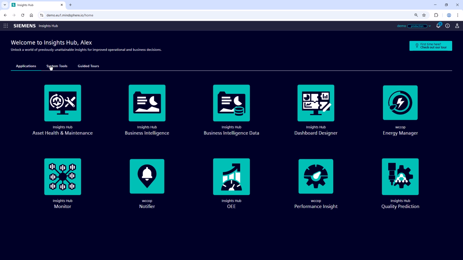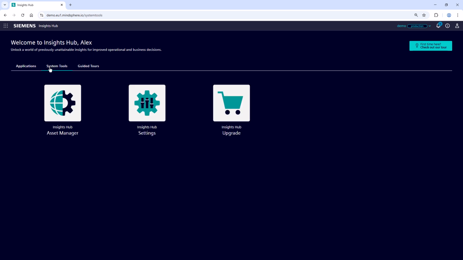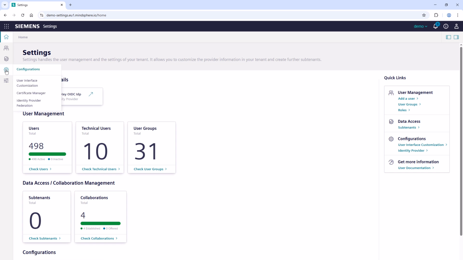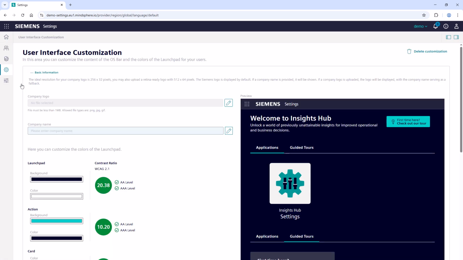For this, you must switch to the System Tools tab and open Settings. There, navigate to the User Interface Customization page. Here, you are able to change everything to your needs. To have full control of your changes, you can see a preview on the right side before you activate them